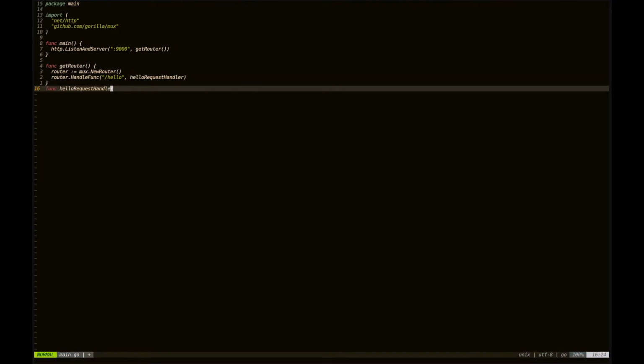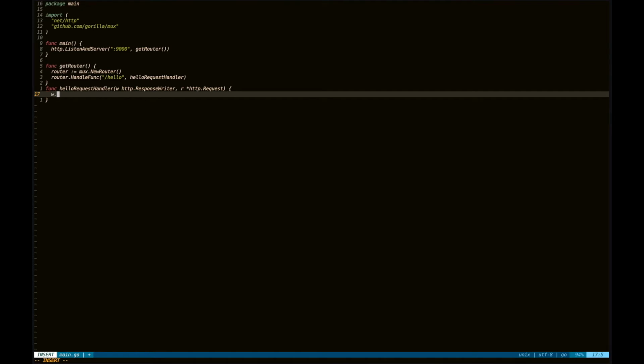Now we'll create a function here. This function will have two arguments. First is going to be http response writer. Second is going to be request. Now we'll write the status code first. Write header